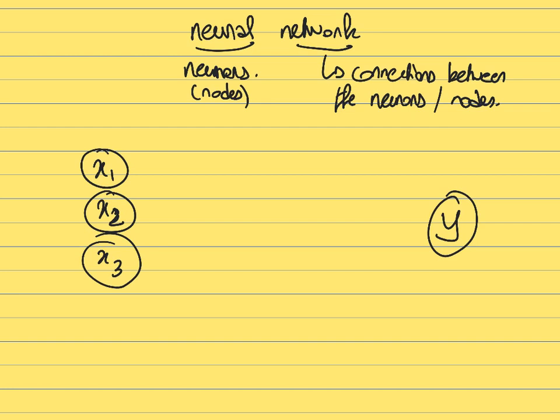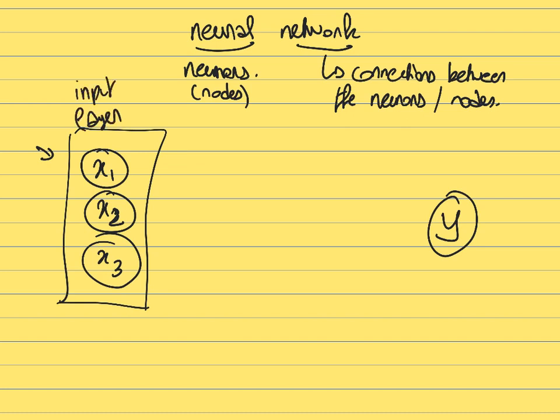So in an artificial neural network, those inputs are going to form a first layer of neurons. This is going to be your input layer. A layer is just an ensemble of neurons that are on top of each other. So here you will have the input neurons, where you have the features of your model, the features that you measured for the training example that you have. This is going to be the first layer.